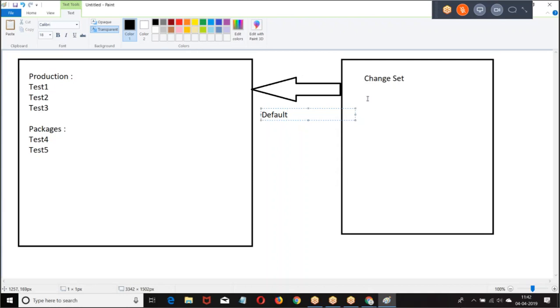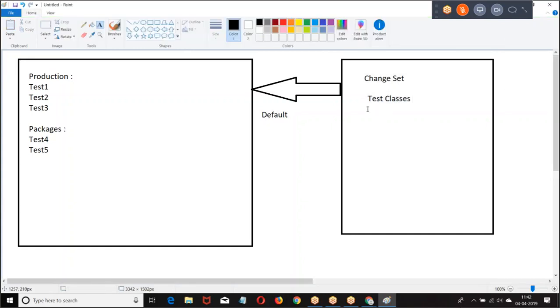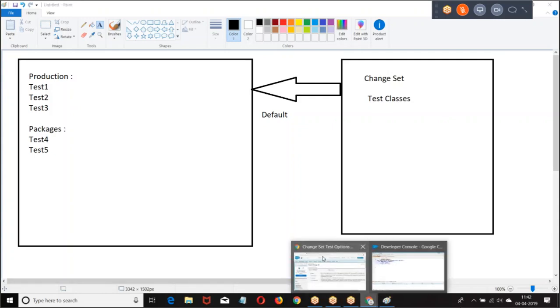Suppose the change set does contain test classes. When you choose default and test classes are there, then it will run the test classes which are in production, not the managed packages. Now look at the point.